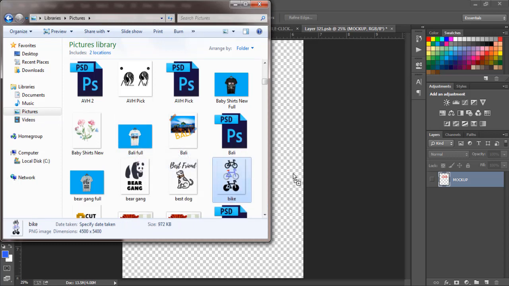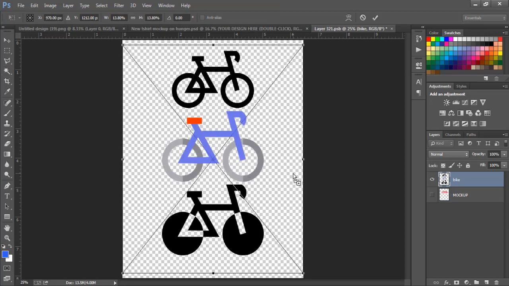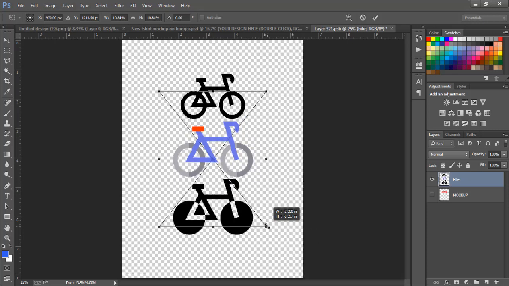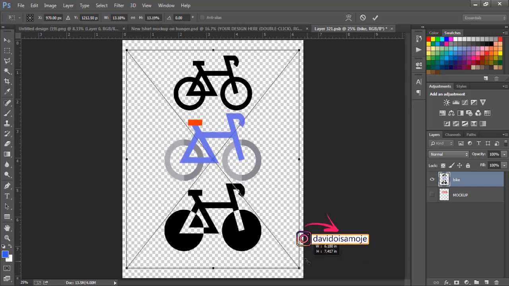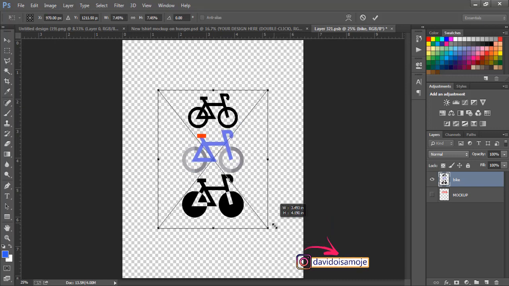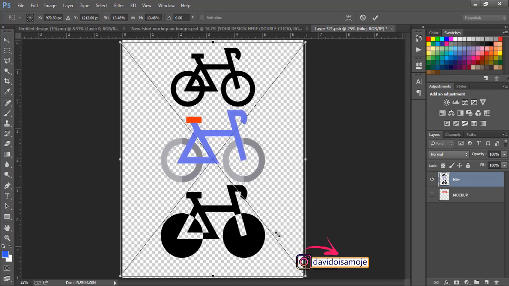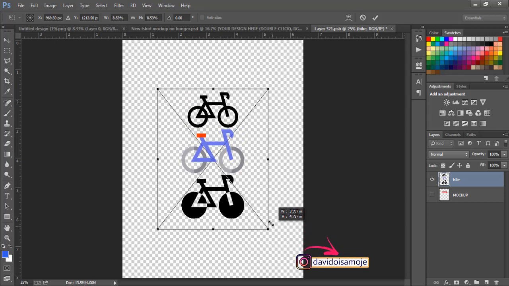As you can see, I'll just drag it into this space. You can see it's quite big, so I'm going to reduce it. To do that, I'll hover my mouse over this edge and press down three buttons: my Alt key, my Shift key, and my left mouse button. I'll drag my mouse inward to reduce. If you drag your mouse outwards, you get either a reduced or an increased size. So just make sure you drag outwards to increase and inwards to reduce. So we are reducing, so we are dragging inward this time.